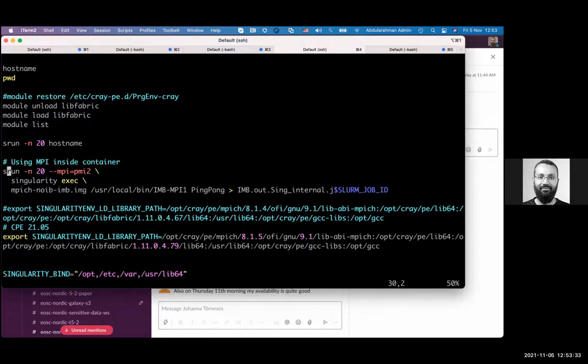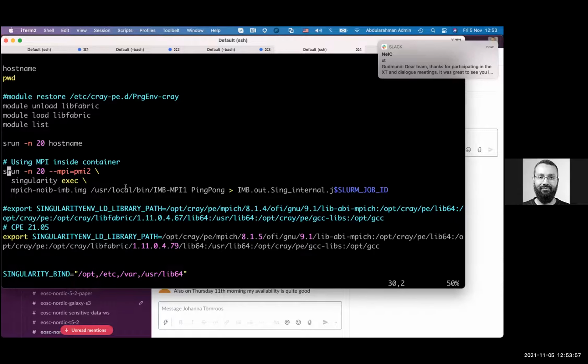It is something similar to mpirun, but it's Slurm who controls it. So it is like you are saying mpirun, and then singularity exec, and this is the actual binary, ping pong, and this will give the output in the internal file,